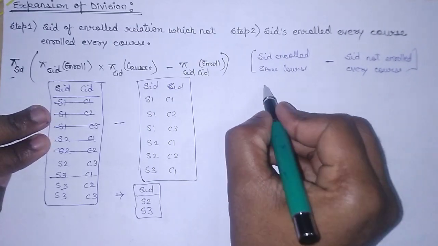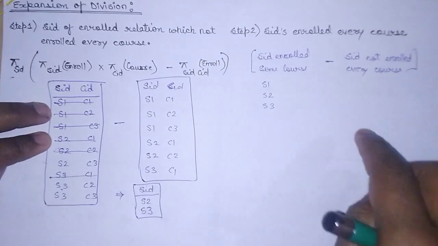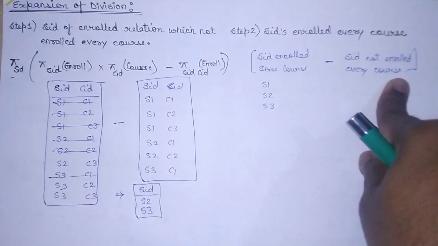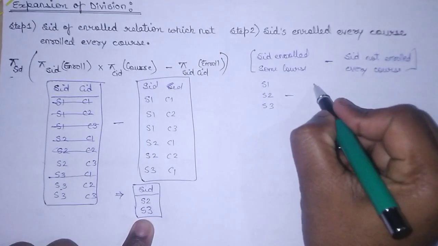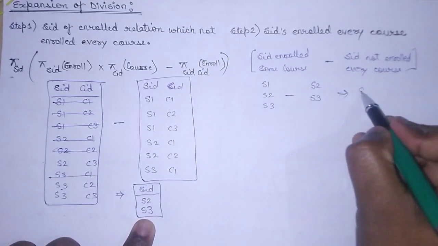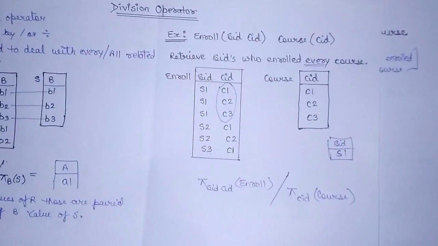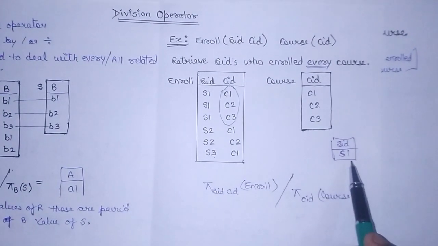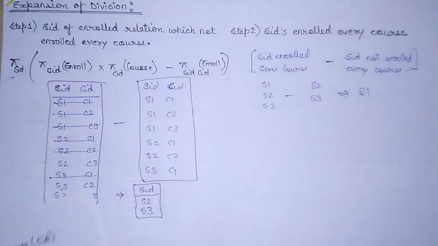Which are the SIDs available? S1, S2, S3. SID not enrolled in every course. So what are the SIDs not enrolled in every course? S2 and S3. So we will be subtracting S2 and S3. So what will it give? It will give you S1. Similarly, this is what we did in the example also. We were getting S1 as an output. So this one is using the derived operator, and this is the stuff that we completed using the expansion of